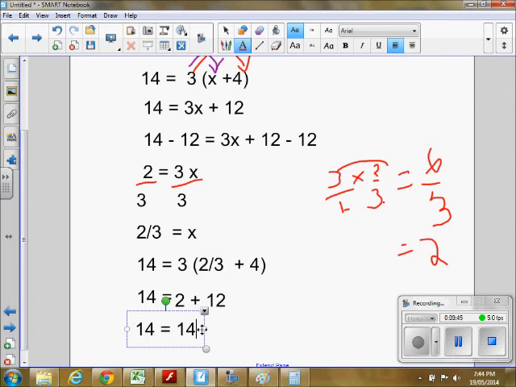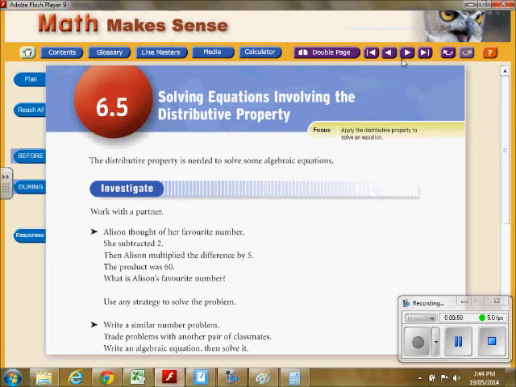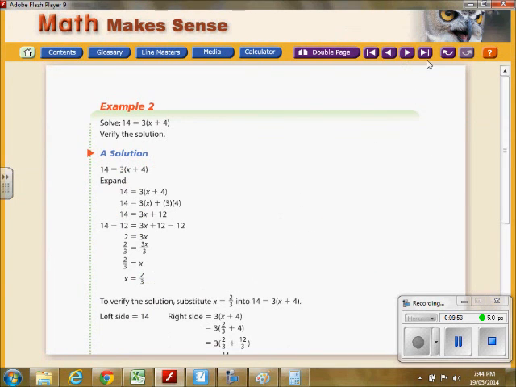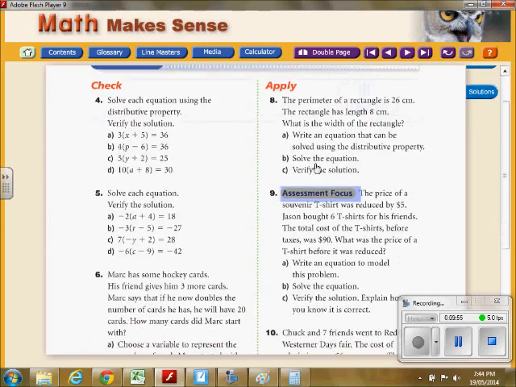So those are the 2 examples that were given. Moving on to the questions, you will be asked to do on page